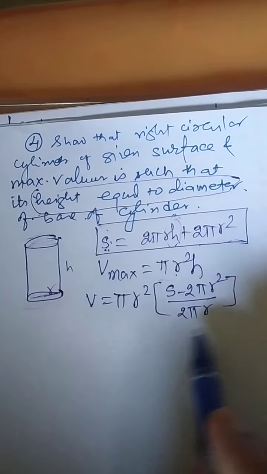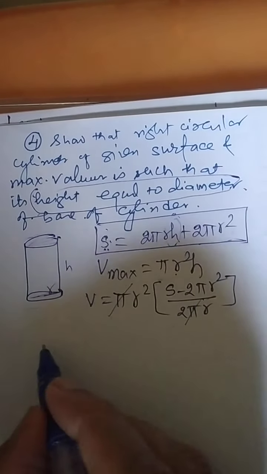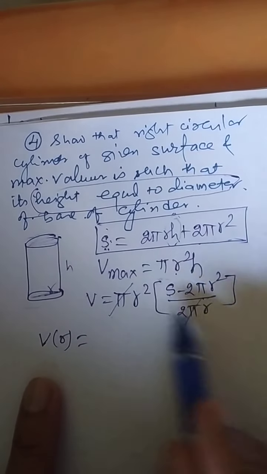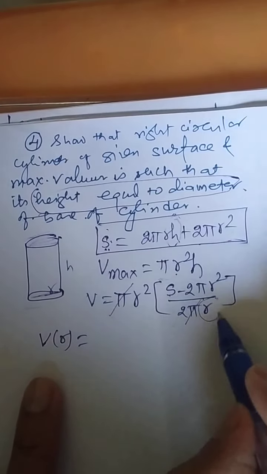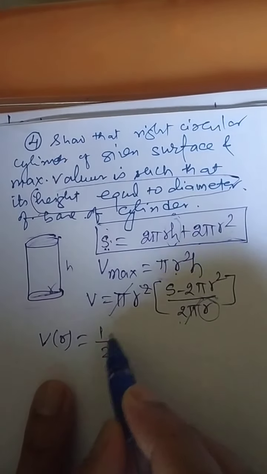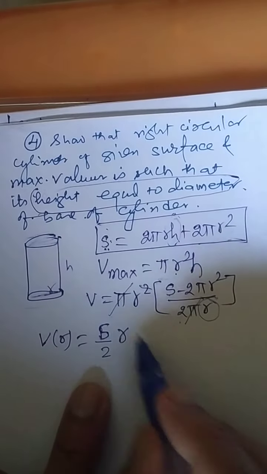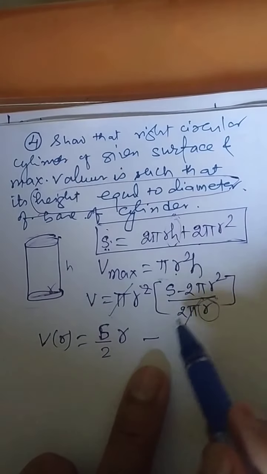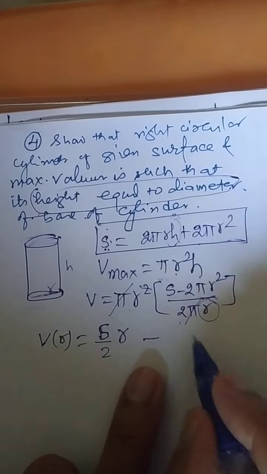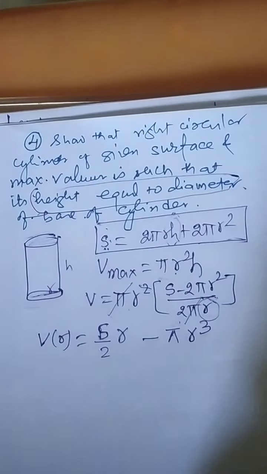Always try to simplify this form and then only you can work it out. So pi will get cancelled. Now I am opening. V is now totally a function of R only, S treated as a constant. This one R also will get cancelled. So if you cancel this R, it is not there, but this 2 will be there. So it will be 1 by 2, S I am writing first because S is treated as a constant. So S by 2 into R minus, now this R is multiplied over here, this 2 now will get cancelled. You will get pi R cube. So far it is okay.